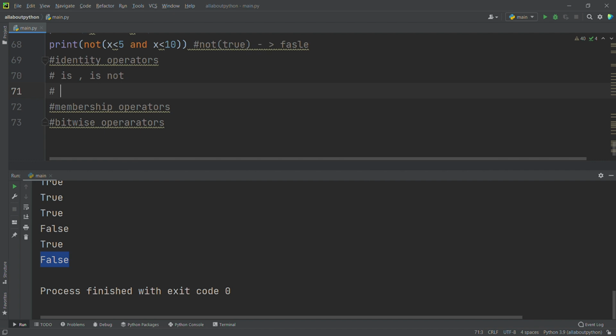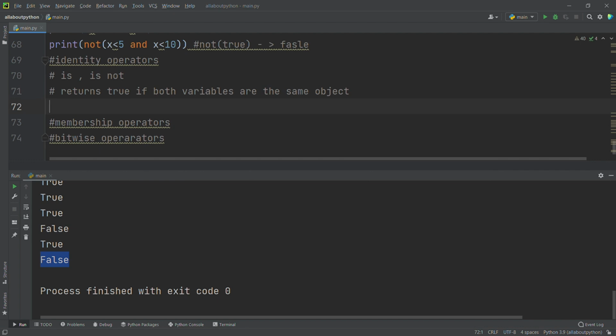Returns true if both variables are the same object. Now I will say x is y.